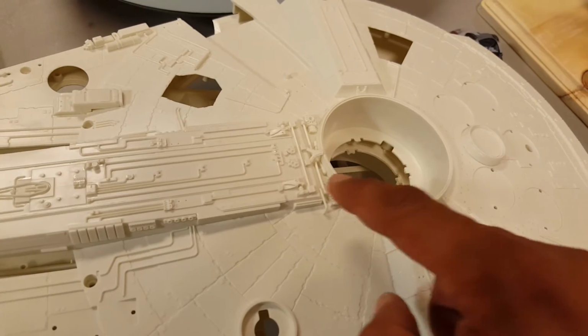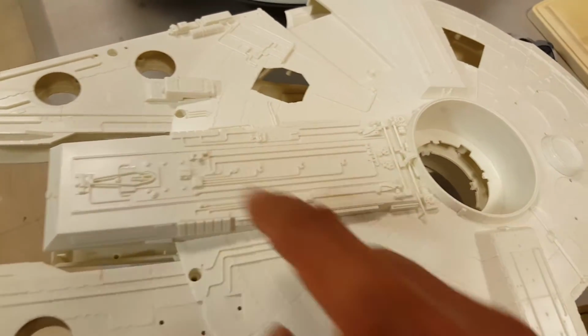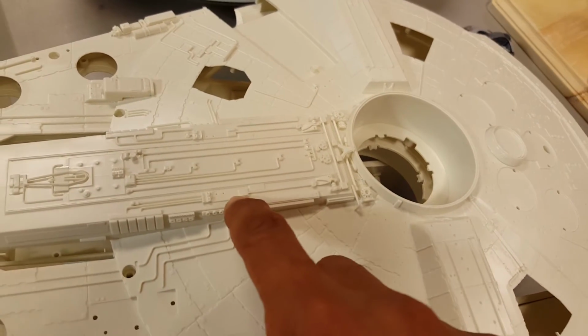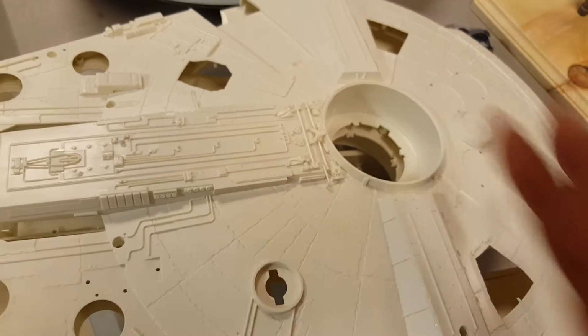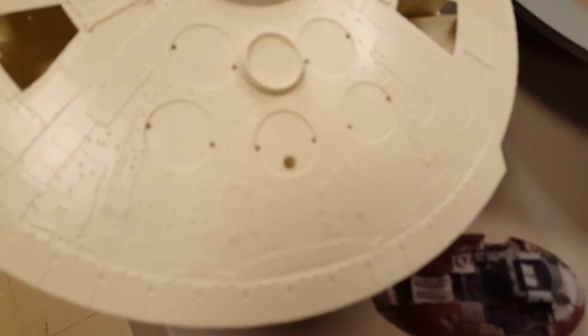There's a lot of detail. All of this has been done. This whole section is done right here. I think I have a few pieces that are going to go in right here at a later stage of the build. The next part I'm going to jump onto is this